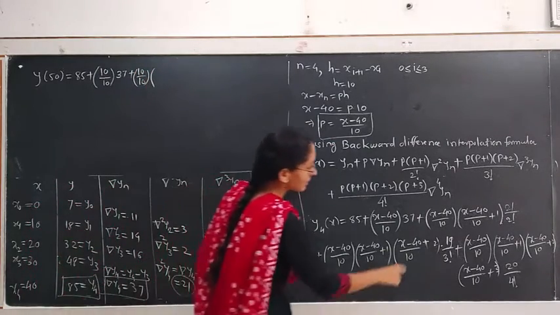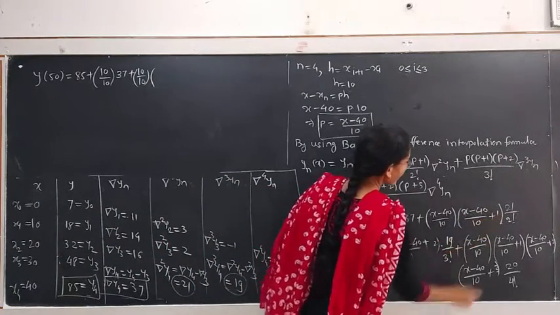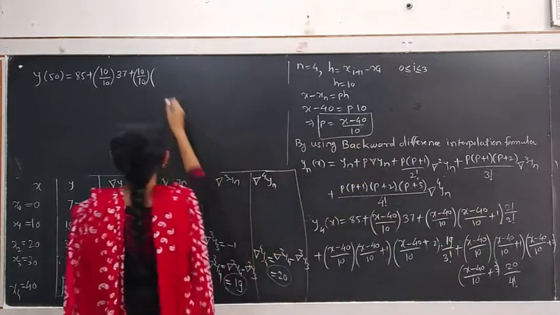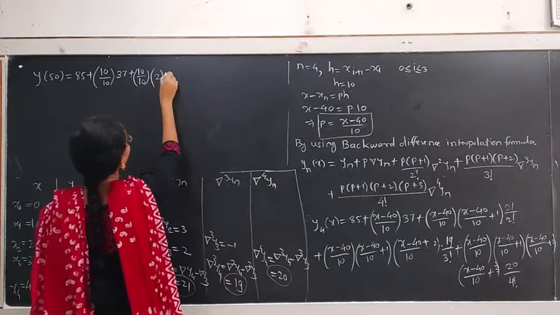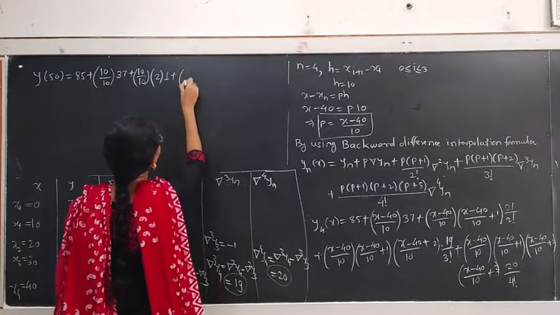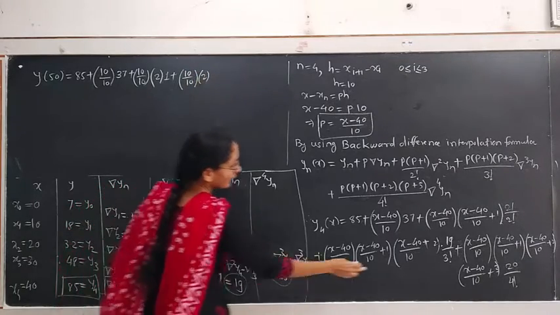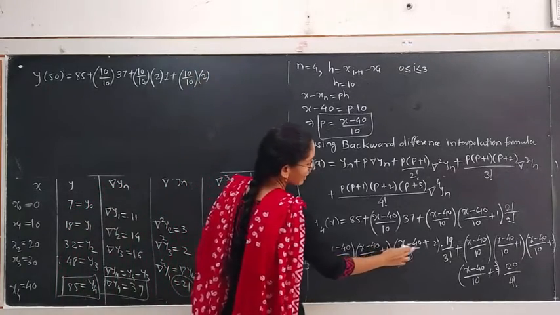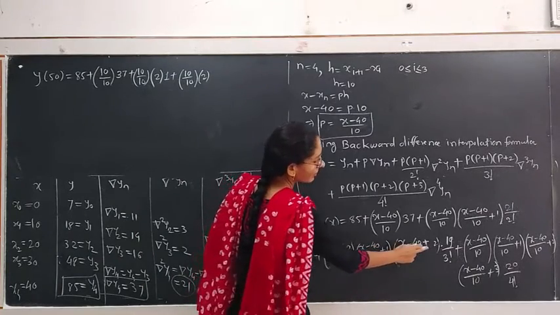Next bracket of the same term: 10 upon 10 is 1, 1 plus 1 is 2, into 2 factorial upon 2 factorial is again 1. Only the third term will be different: 50 minus 40 is 10, 10 upon 10 is 1, 1 plus 2 is 3,